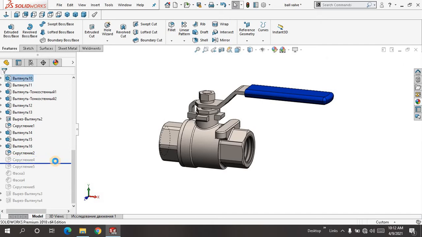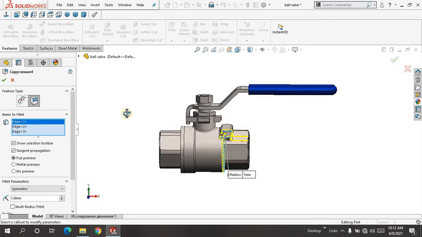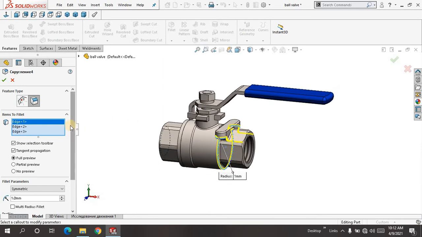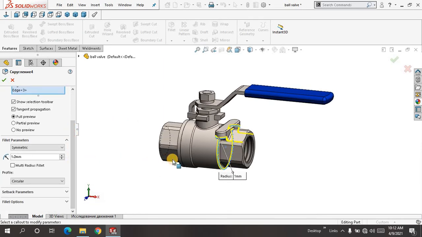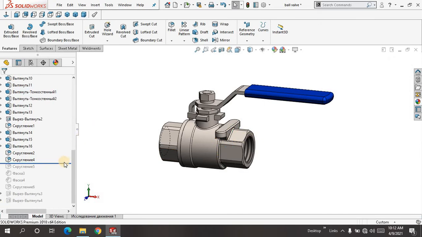We add another round where we added. Let's have a look at that. Selecting the proper portions where we want to create the fillet, assigning the fillet radius 1 mm. Okay. We added one more round,